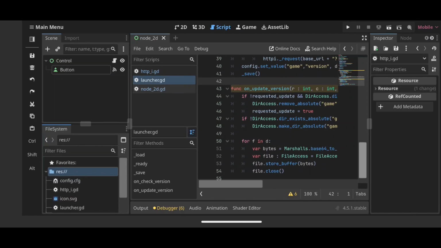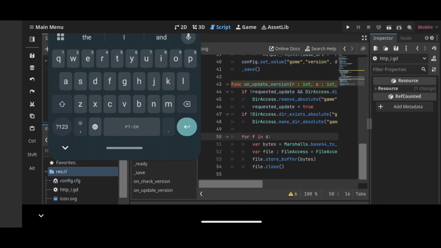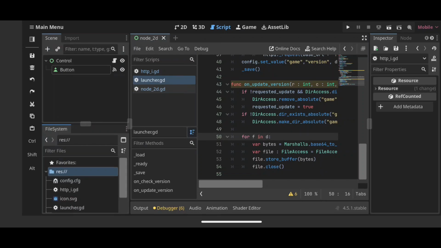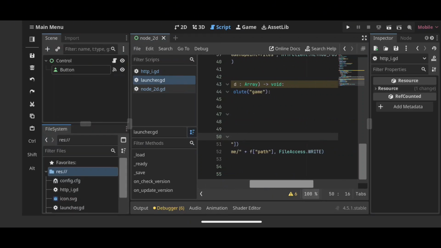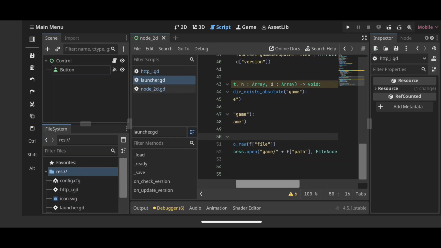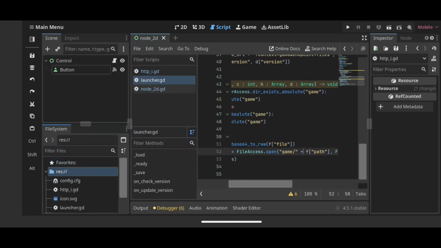All right. And here in the on update version, remember that I had these get base dir and create dir recursively, but the file access already does this. I do not need to do it now because the file access does it. If you want to, just to make sure, you can keep it, but this is enough. All right, this is enough. So here, for example,